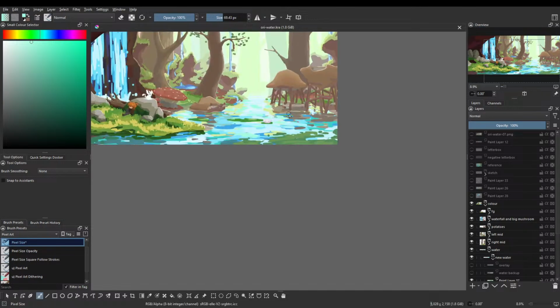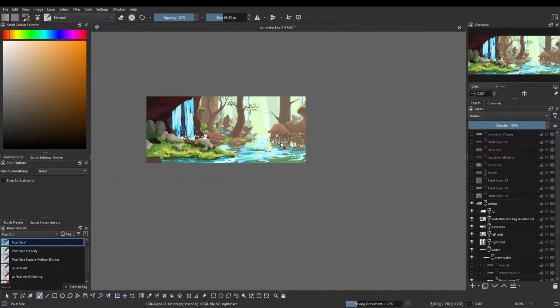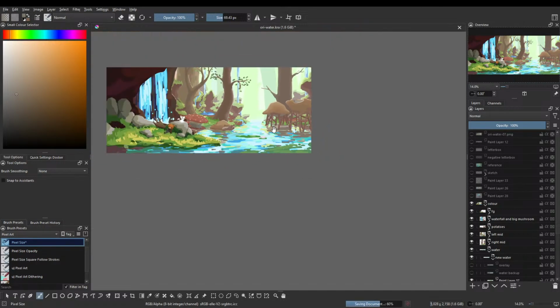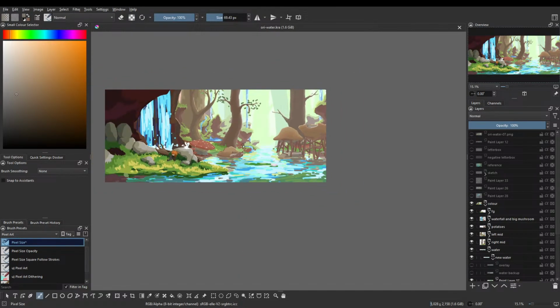And then this reflection is a whole mess, but I'm not gonna touch it for now. I think I'm gonna leave it as is. Something like this. I think it's an improvement, and that is good enough for me.